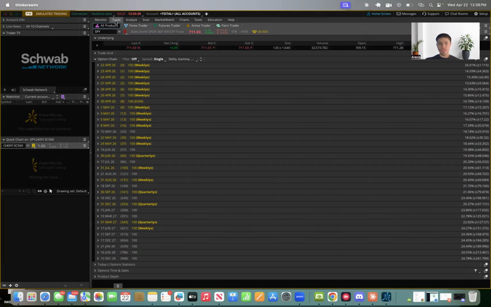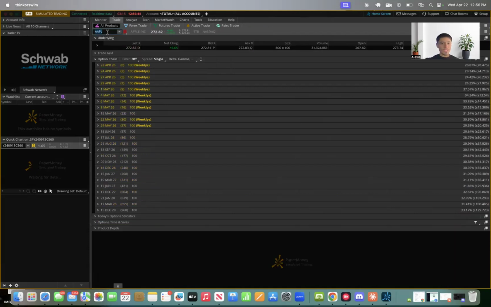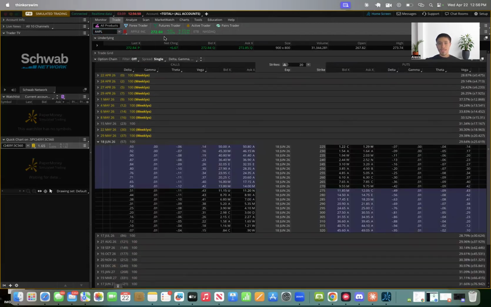Okay, once you're on trade, you could type in any name. Since we've been using Apple as an example, we can use Apple. Let's say I type in Apple, and let's say I'm interested in that June 18th contract. Right here, it will show you the price that Apple is currently at. Apple is currently at 272.8. Remember, let's say I think it's going to 280. If I think it's going to 280 by June 18th,